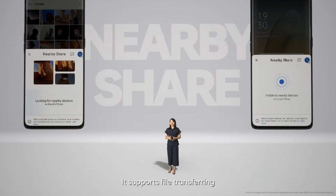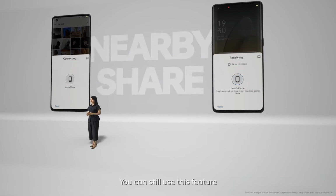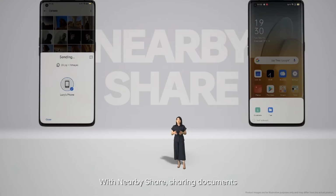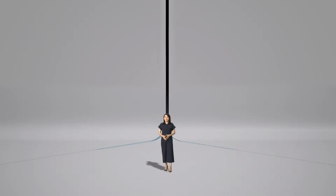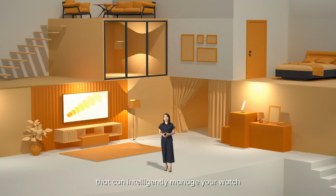It supports file transferring between Android devices from any mobile phone brand. You can still use this feature even when you are fully offline. With Nearby Share, sharing documents, high-resolution photos and videos, or even the APK files of your favorite mobile games is easier than ever. Since phones have become a control hub that can intelligently manage your watch, TV, and so on,